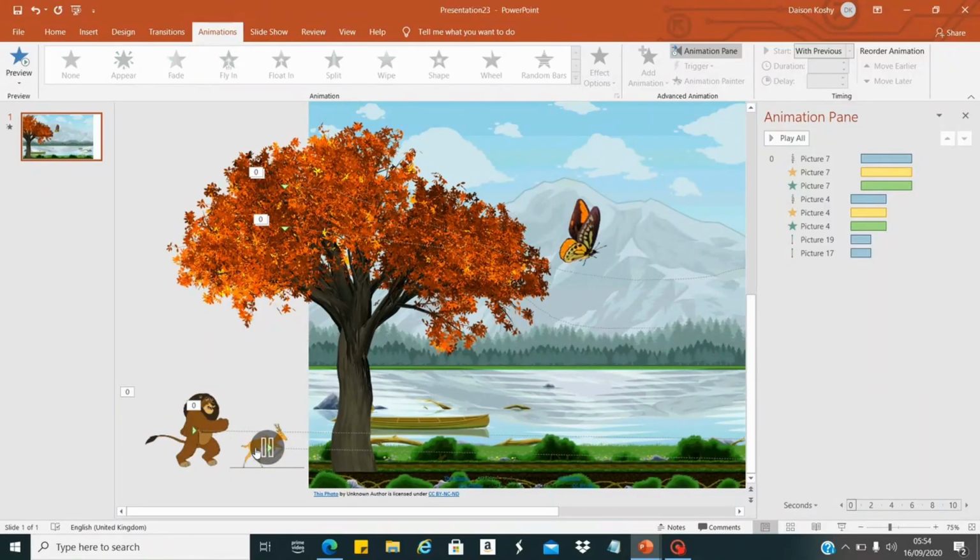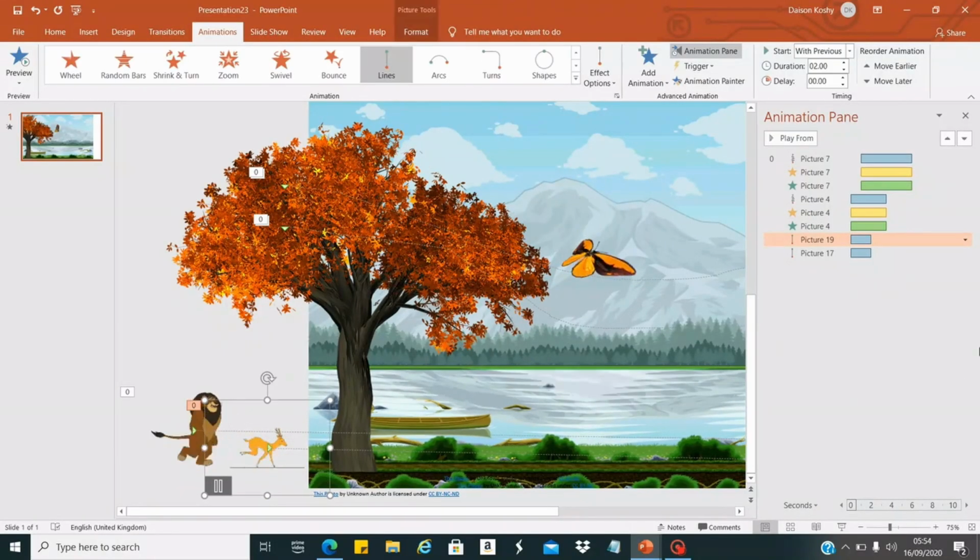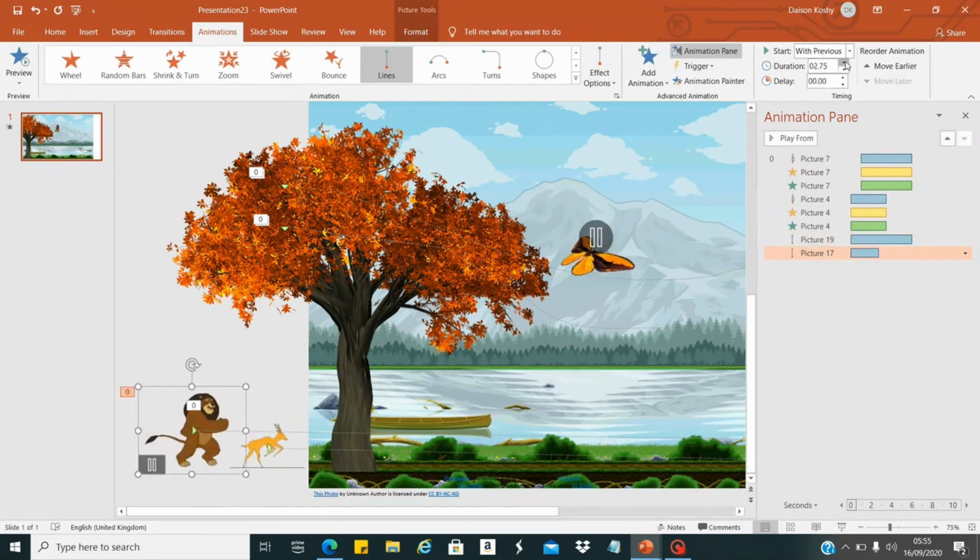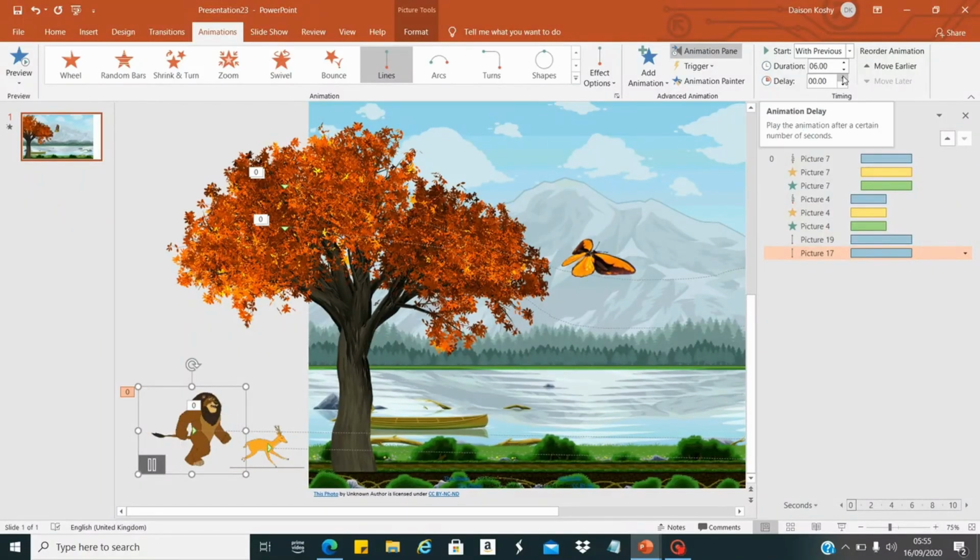Now we will give some duration for our deer. We will select the lion and give some duration also, but we will give some delay for the lion.